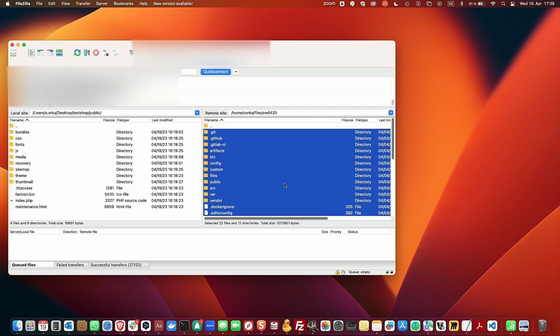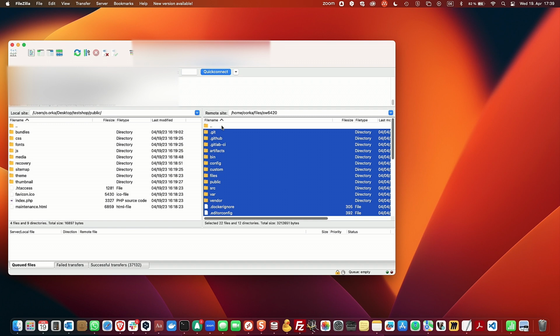Before doing that, just make sure that all the hidden files are also copied. It's important that, for example, you copy .env, .htaccess files, and those kind of files starting with a dot that may not be displayed directly. In this case, you may need to adjust the display settings of the program that you are using to copy the files.